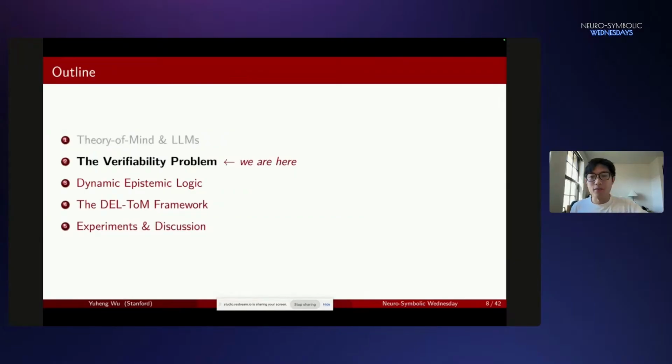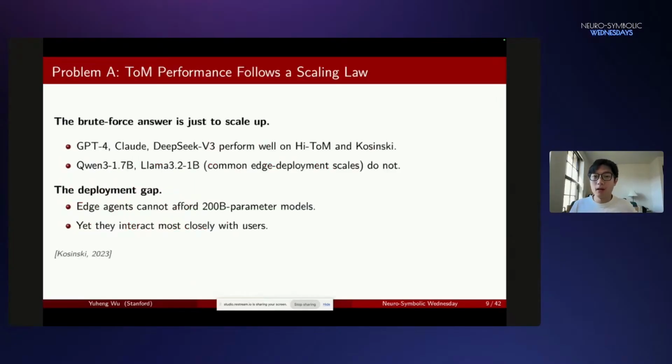Okay, so now we're going to talk about LM for state of mind, and there's a big problem called the verifiability problem. The first point I talked about on the last page: powerful models like GPT-4, Claude, DeepSeek V3. Now it's not GPT-4, it's GPT-5. Okay, but we finished this last year, so it's GPT-4. This kind of powerful model performs well on state of mind benchmarks like HiToM and the benchmark proposed by Michael